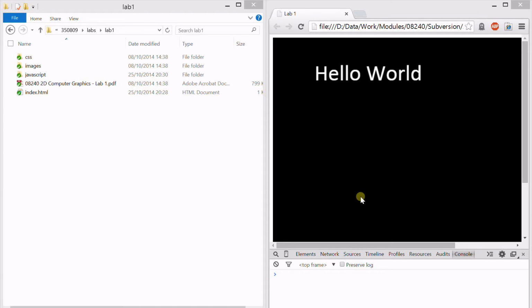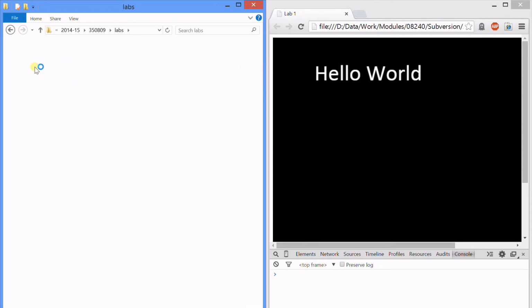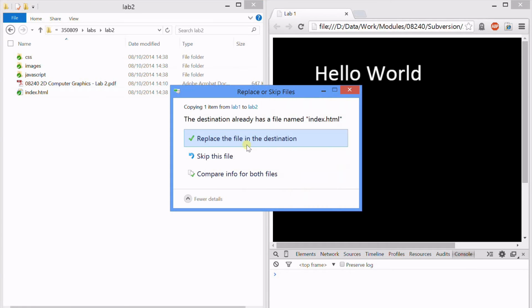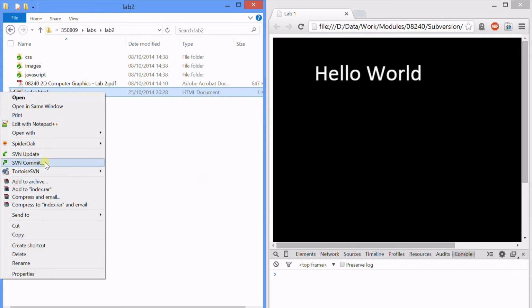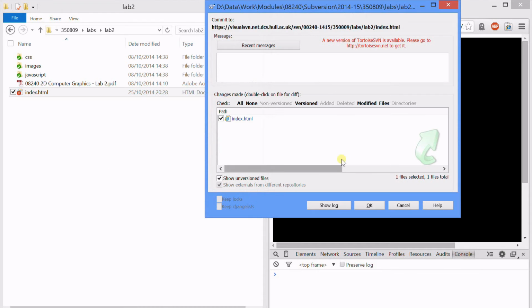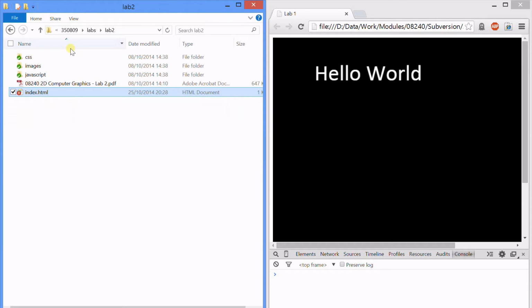So you can see on the screen at the moment the result of Lab 1, and I'm going to copy and paste the index file from my Lab 1 folder into my Lab 2 folder to overwrite what's already there, and I'm going to commit that. Lab 2 task 1, added Lab 1 index file. And I'm going to do the same